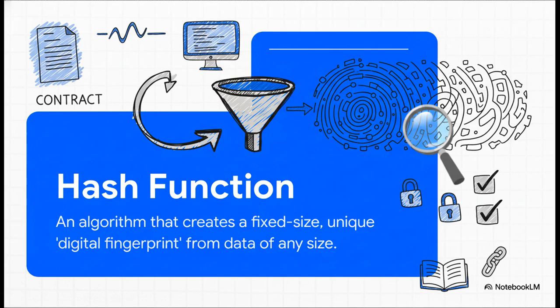The easiest way to think of this is as a unique digital fingerprint for data. You can feed it anything, a sentence, a contract, a whole list of transactions, and it spits out a unique string of characters. Now, it's a one-way street. It's super easy to create the hash from the data, but it is practically impossible to go backward. And get this, if you change just one tiny thing in the original data, even a comma, the fingerprint changes completely. It's the perfect tool for verifying that nothing has been tampered with.